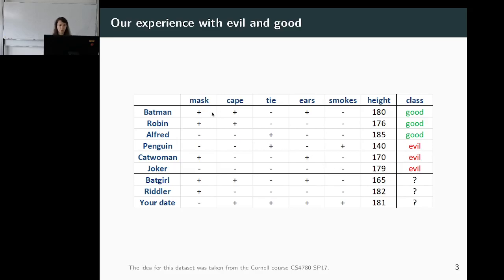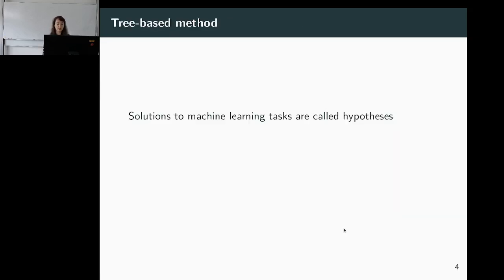Blue plus means the person wears a mask, minus means they don't wear a mask, and so on. So this is our experience with good and evil. And this is the data set we will be discussing. But before,